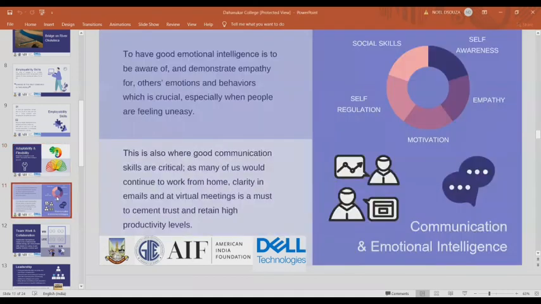Emotional intelligence and communication skills. Again, these two are very essential in the workplace. So you should be aware of your emotional intelligence. You should know where you need to show empathy and deep respect towards your co-workers. You need to show that you care.